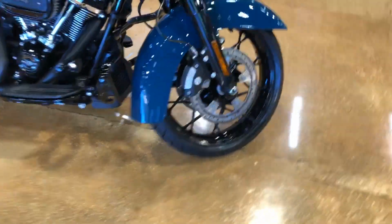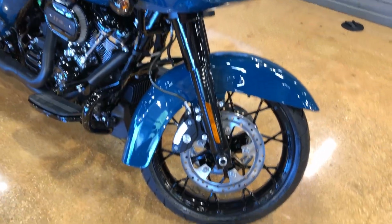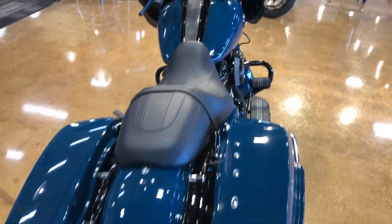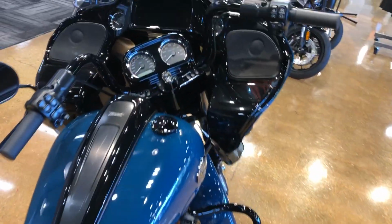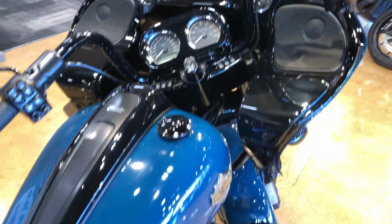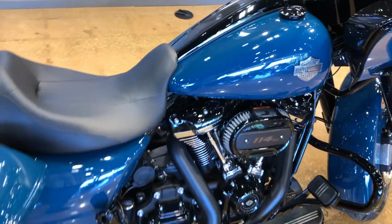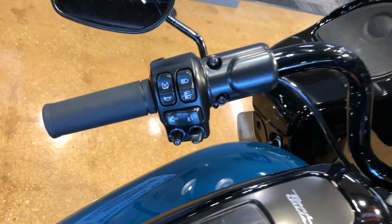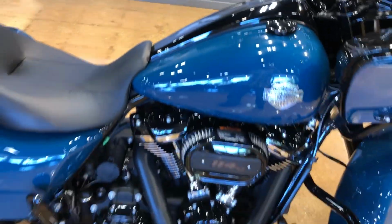With the black trim package with the black front end. And you also get the stretch bags with it. Get the painted fairing. Lots of goodies on this bike. It also comes with FLTRXS on it, which is traction control, which is awesome stuff that they came out with